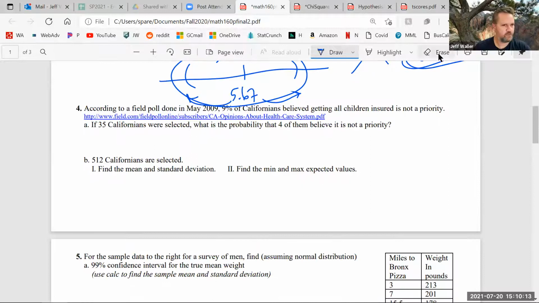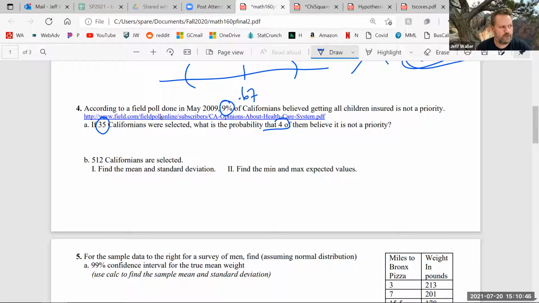All right, so this beautiful problem. I love it. It's a pretty problem. So can you see how to identify what kind of problem this is? Do you understand how important that step is? You're going to have all the formulas, but which one? You got to know what kind of problem this is. So can you start identifying like 35, 9%, probably that 4 of them? What can you identify?